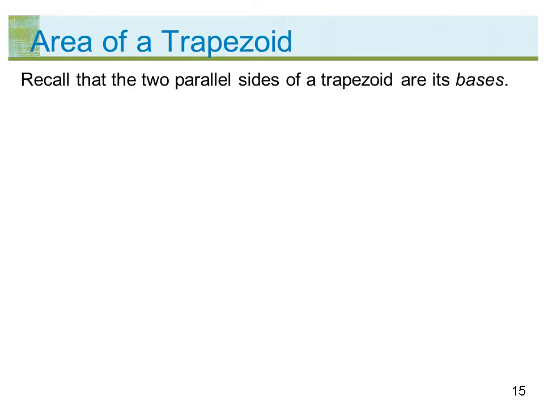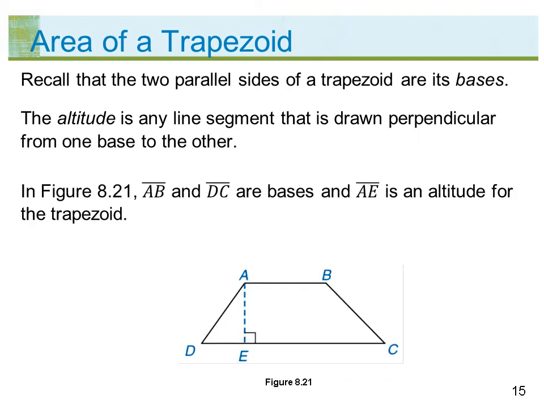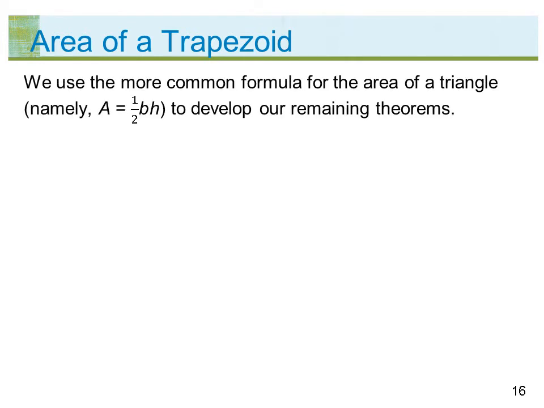Recall that the two parallel sides of a trapezoid are its bases. The altitude is any line segment that is drawn perpendicular from one base to the other. In figure 8.21, segment AB and segment DC are bases, and segment AE is an altitude for the trapezoid. We use the more common formula for the area of a triangle, namely area equals 1/2 BH, to develop our